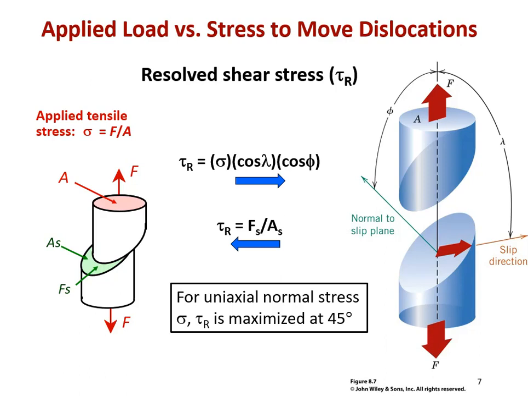So we need a way to relate the applied loads and stresses to the shear stress at any point in the material that we could then start applying to those crystallographic systems. And lucky for us, all we need to do is a little bit of vector algebra. So this is an example of the relationship between an applied uniaxial tensile load, which we see in most of our material testing. So it's a very convenient system to look at because this will give us a relationship to our test data, and the resolved shear stress at any plane in the material at any orientation with respect to